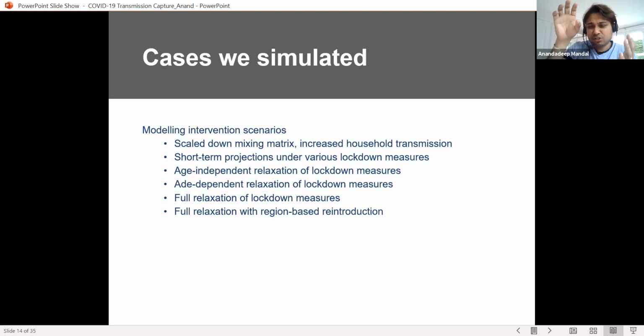Because based on the mixing which is going to happen, the transmission is also going to follow that path, isn't it? So if I'm going to mix with my kids in school, the kids are going to get it. And if I'm mixing on a regular basis, I'm going to get it. However, if the kids in school and, let's say, a grandparent in the care home are not going to mix because the government has said that you cannot mix, then the weightage will be low, and the transmission of the kid giving the disease to the old age home will be less. Okay. Yeah, it's as simple as that.